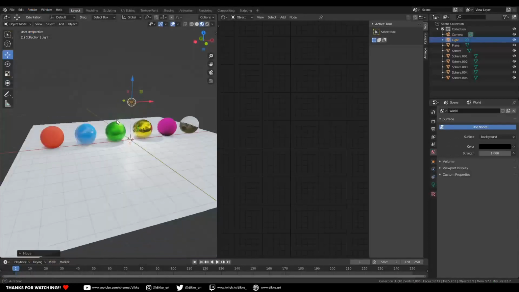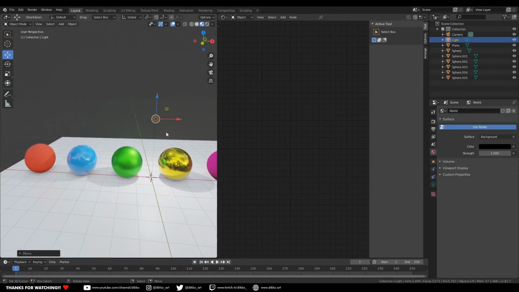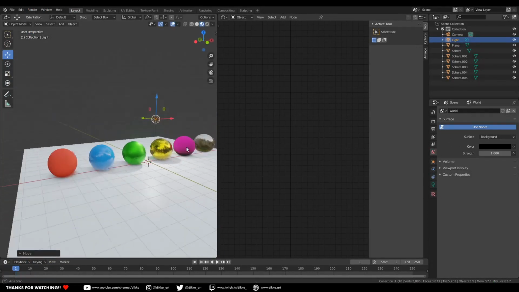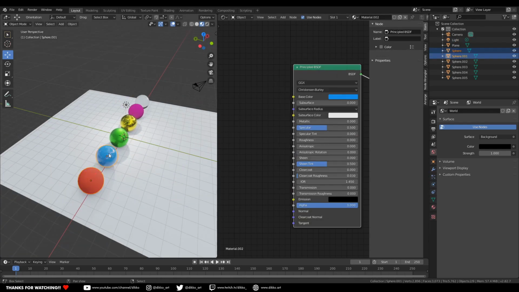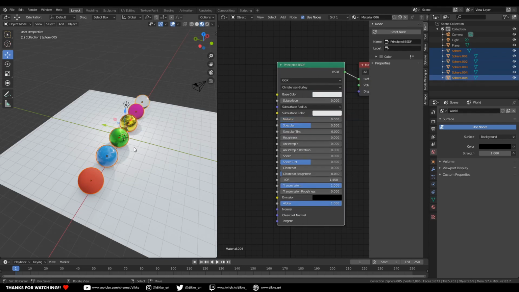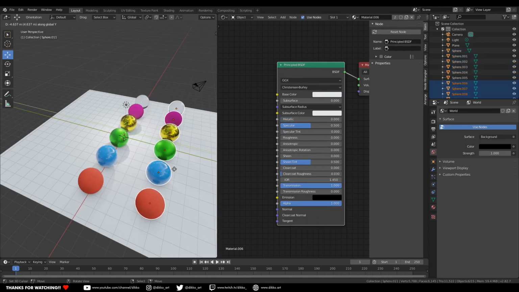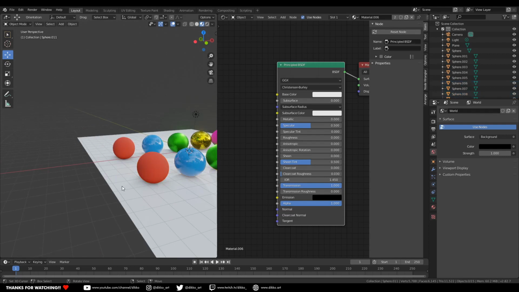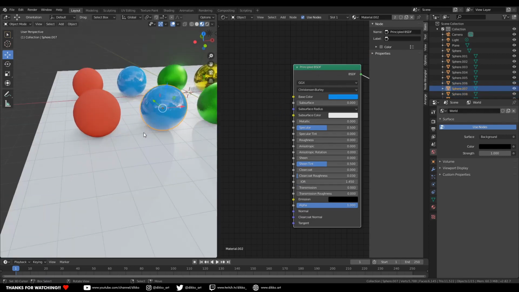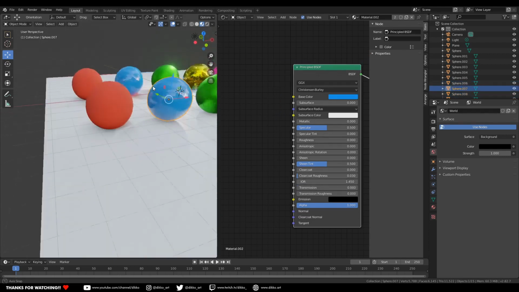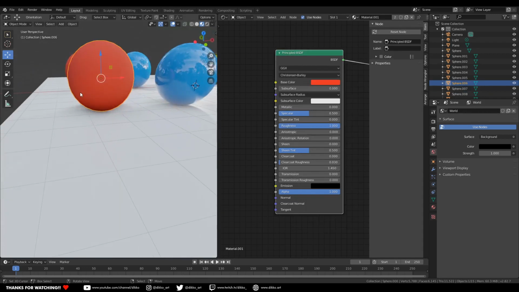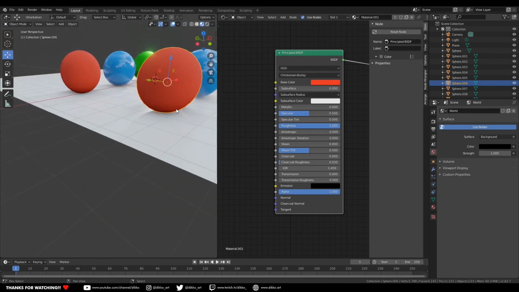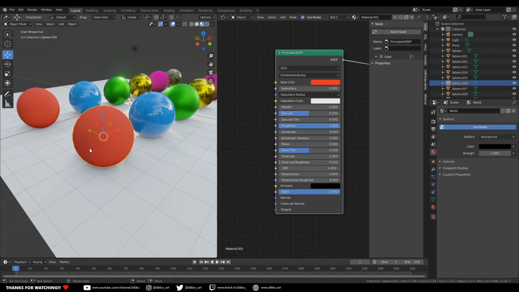Yeah, cool. So now let's talk about how we can mix and match materials. So I'm going to copy these spheres. I'm just going to duplicate them and shift them across a little bit here. And I want to add half of this material to this sphere. So I want to actually have the red on the bottom and the blue on the top. To do that, there's a few ways, but we'll talk about the simplest way at the moment, which is